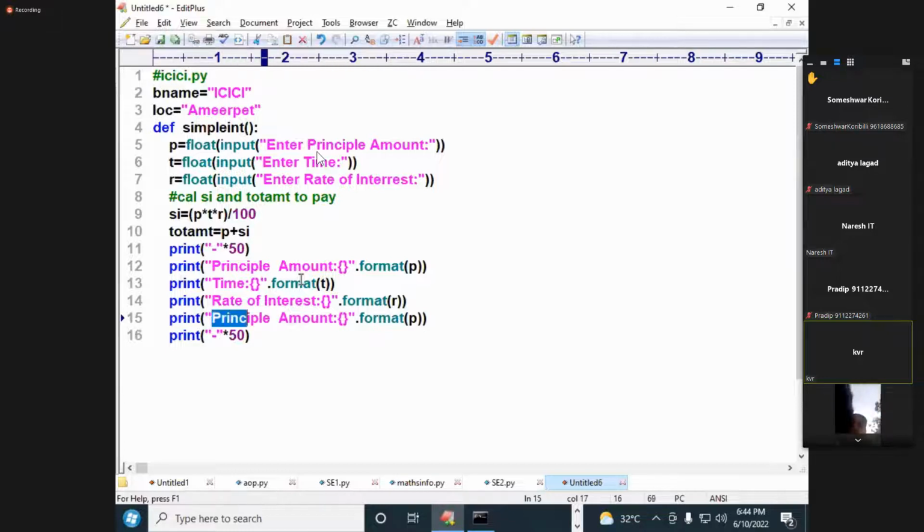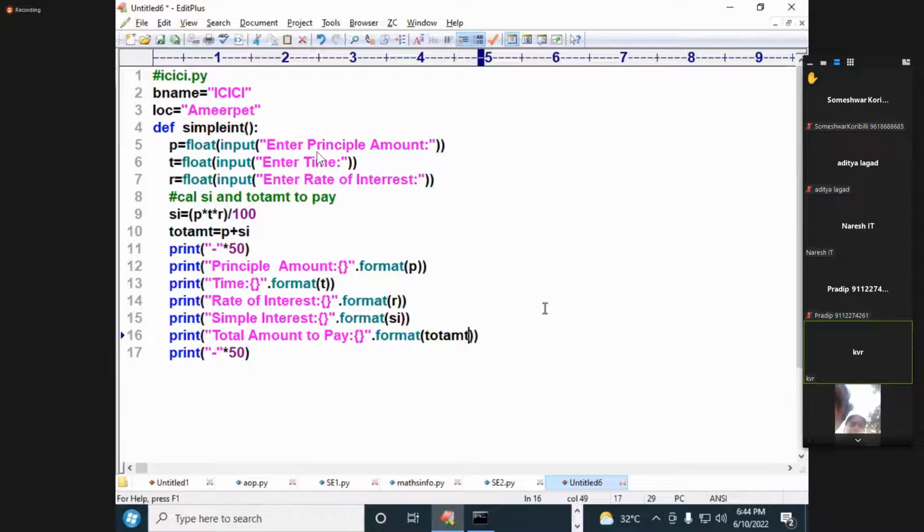Simple interest on the amount. Simple interest, I say SI. And next I will go for what? Total amount to pay. I'm writing here total amount to pay. Is called what here? TOT_AMT. Well,